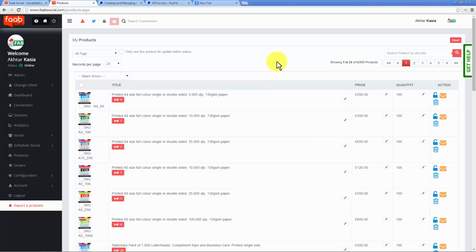The first option is from this products page, which is where it is listed right now. I can push out the status manually, or I can set up a schedule so the statuses can be updated automatically every 2 hours, 3 hours, 4 hours, depending on your criteria. So let's push the status out manually first. I'm going to send this status of printed A4 paper